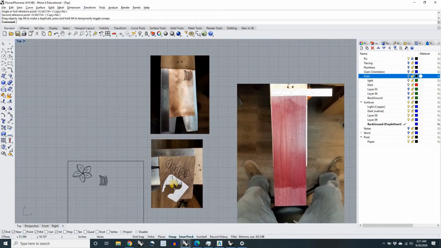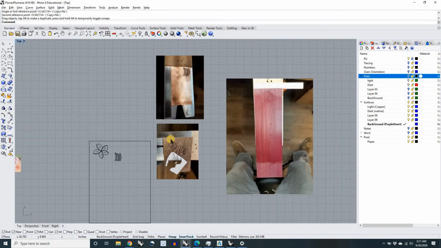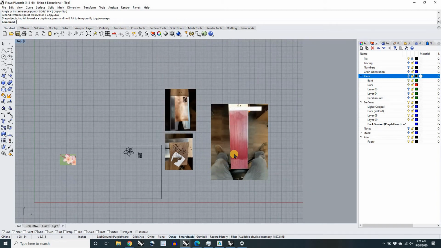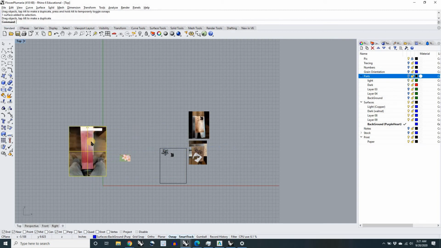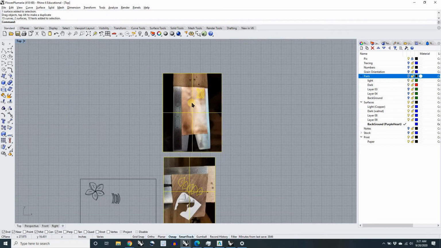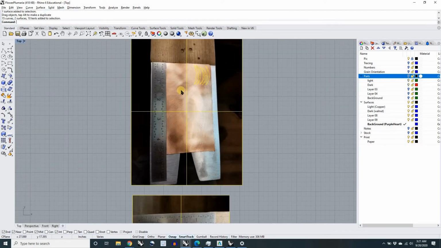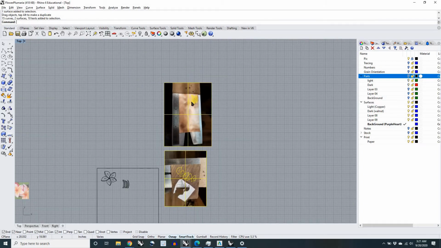So now that I've got this layout, I want to know this layout after the fact. So I'm going to move my background picture over here. I'm going to work with this later. I'm going to drag a selection box over everything that I just did. The surface that represents the stock that I actually possess in the scale that I actually possess it, so it's the right size here, and the parts that I just dropped on it in their current configuration, lining up grain